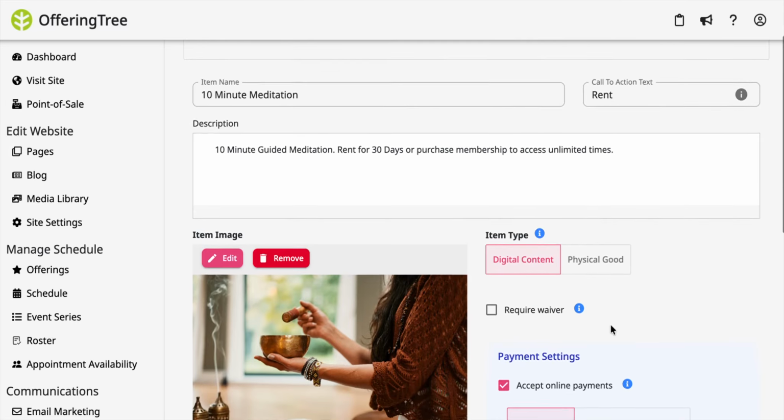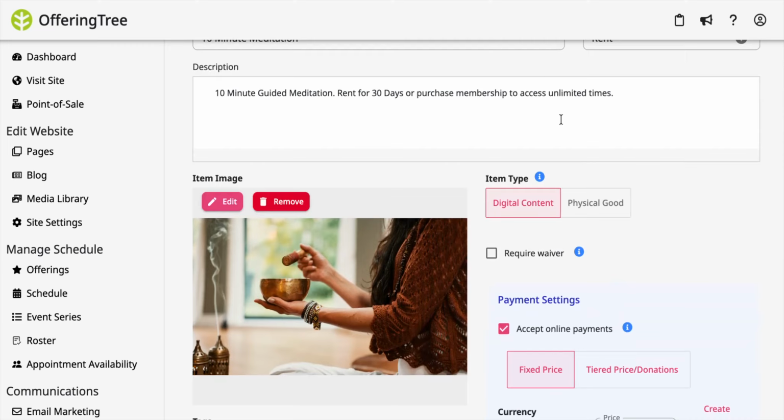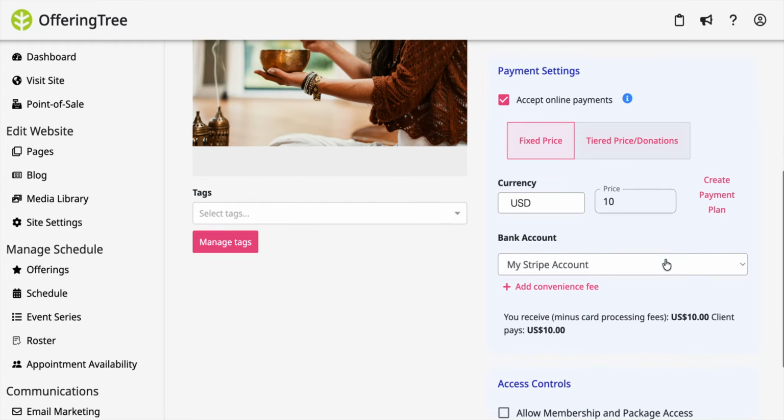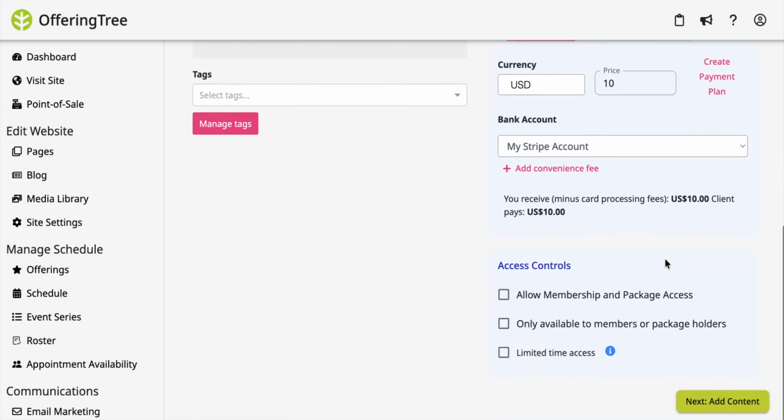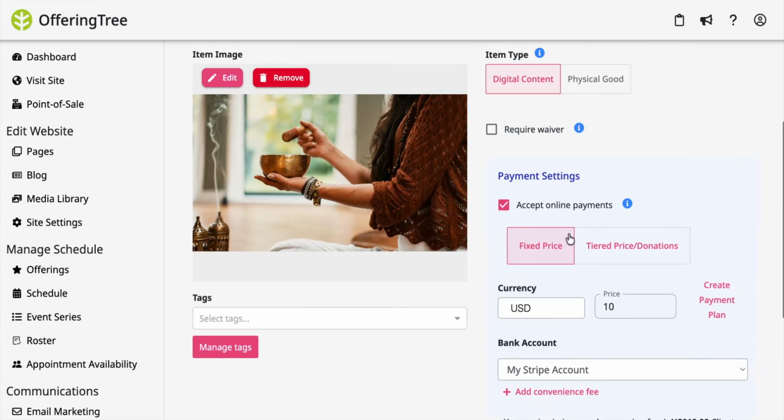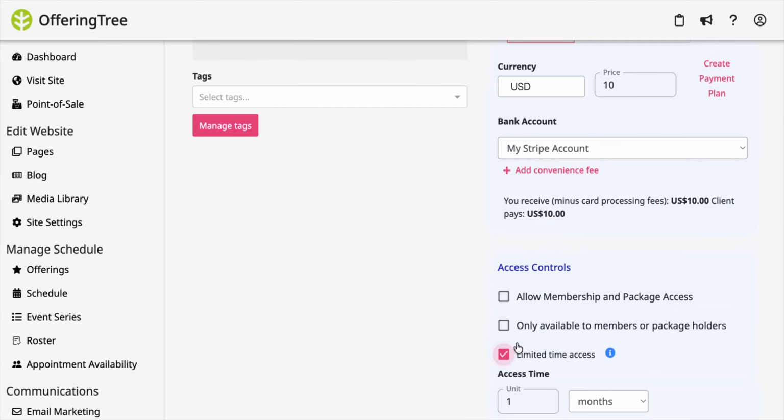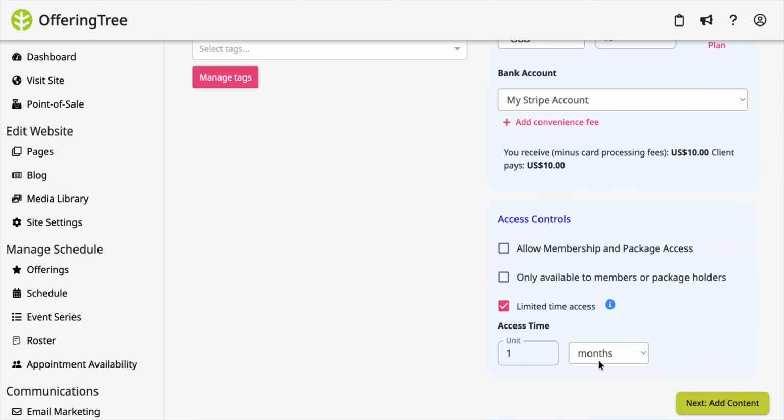This is available for 30 days, or they can access it unlimited times through a membership. So to set this up, the beginning is the same, but then we're going to change it to limited time access only, either 1 month, or you can change it to the 30 days if you want to go with that period. And then you can choose to allow membership packages, or if this is maybe an add-on to an